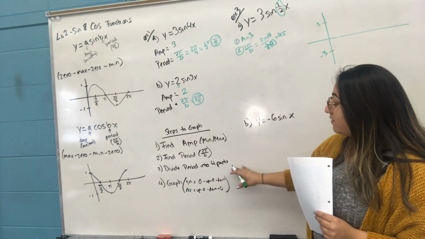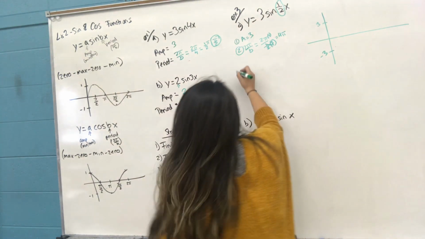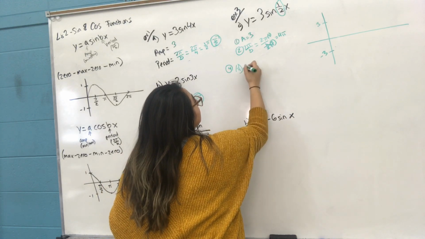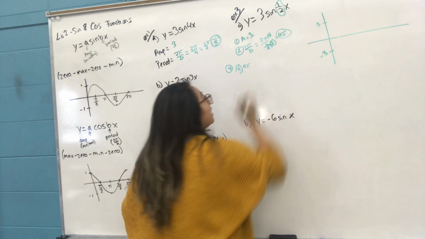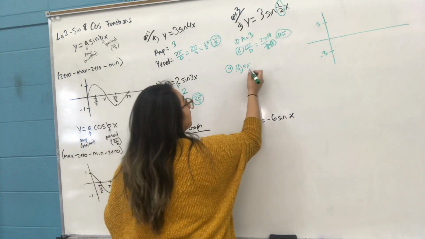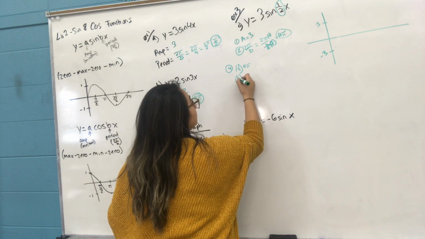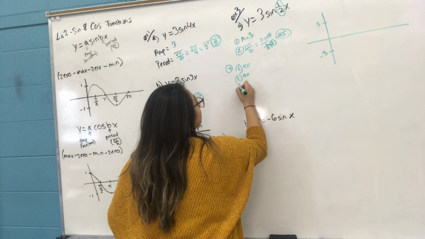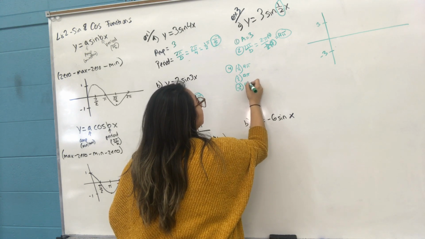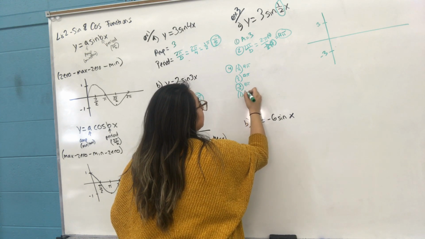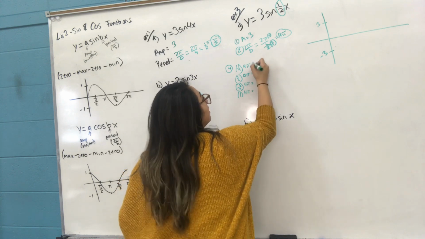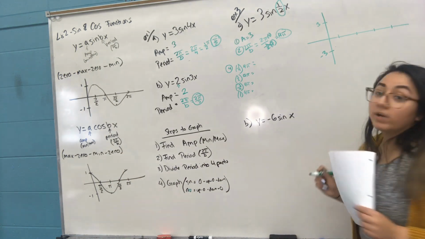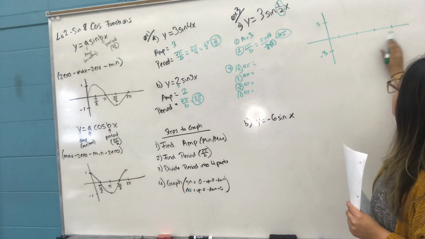Now, the third step, you're going to divide your period into 4 parts. This is what I mean. You're going to do 1/4 times 4π radians, from the period that you have. Then 2/4, or 1/2, times 4π radians. Same period. 3/4 times 4π radians. And then 4/4, which is just 1 times 4π. When you simplify and find these, this will give you your whole wave. It will give you each of your